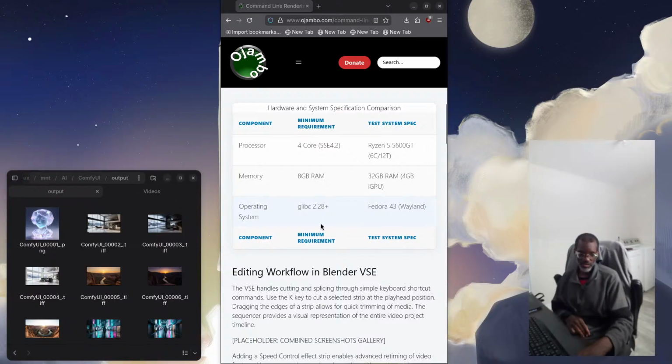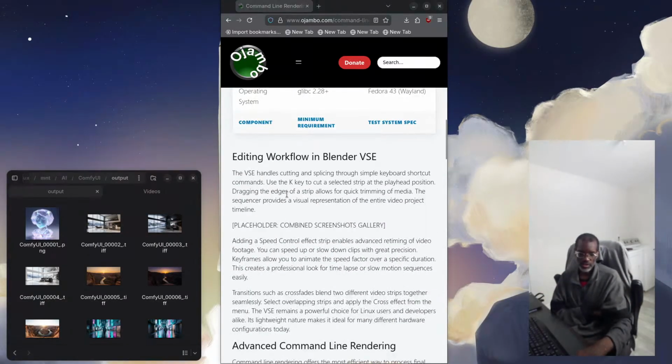And then whatever your operating system is, just make sure you can at least have obviously glib, C, and obviously Python, because that's what Blender does use. I said I'm using Fedora 43 with Wayland. I already have that. Okay, so with Blender VSE,